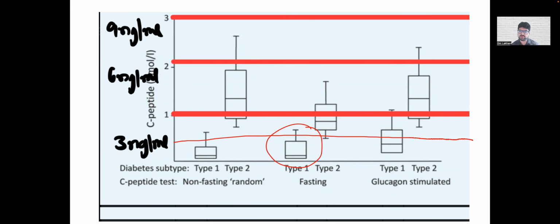And then if you talk about stimulated, here they've done glucagon stimulation. Well, interpretation of glucagon stimulation will also be the same. So if you see glucagon stimulation, you can see again that most of the patients with type 1 diabetes have a stimulated value less than 3 nanogram per ml, right? So broadly, I already told you this, right? Most patients will have a fasting C-peptide in type 1 less than 1, in fact less than 0.6 to be very precise, and post-stimulation value will be less than 3 nanogram per ml. Okay, so this is the broad interpretation. If you forgot what I told you, you can go back and listen to this presentation again, and you will get the thing again.